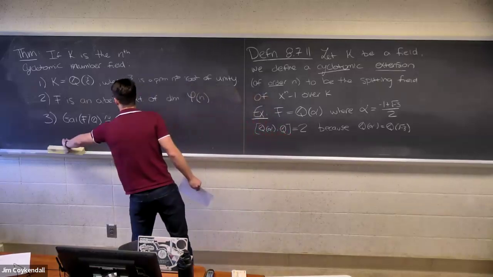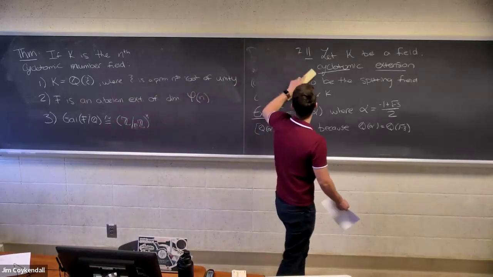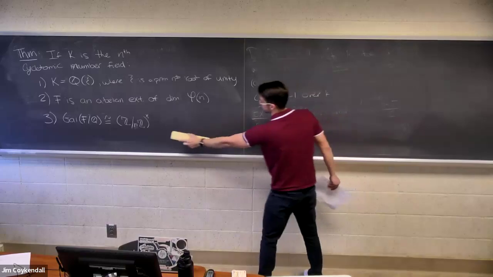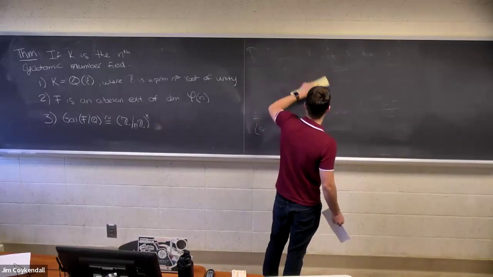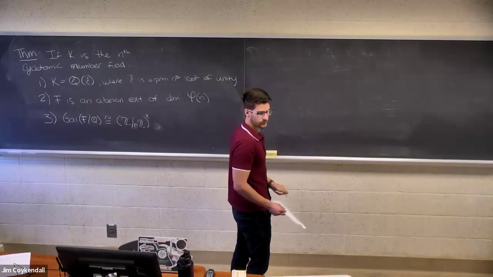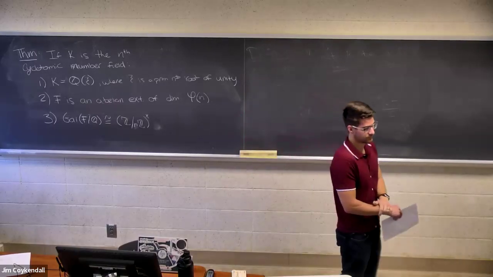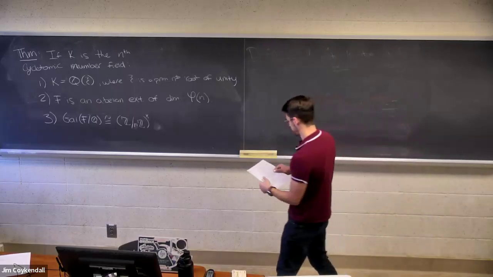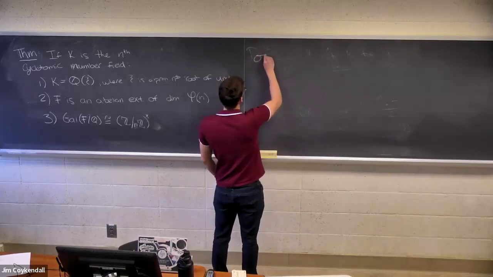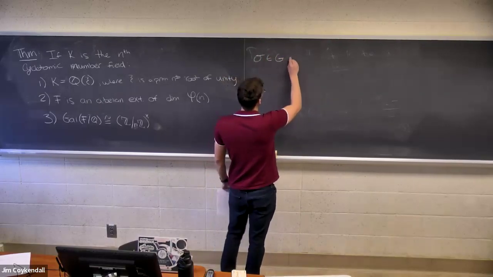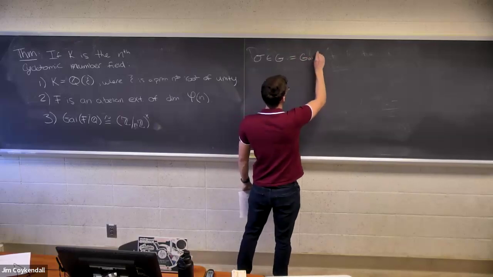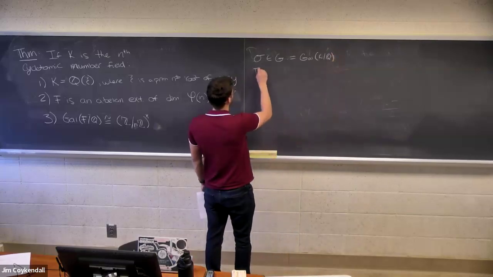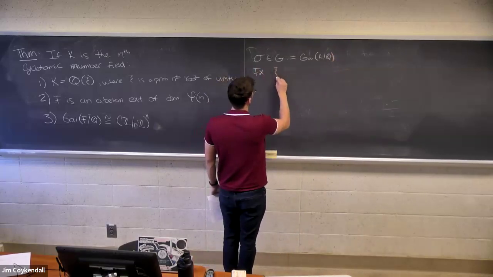Is there a map that you can think of to go from the Galois group to this group? Yes, essentially, exactly. I'm going to take some element of G in my Galois group, and I'm going to fix a primitive root of unity. So I'll fix a primitive